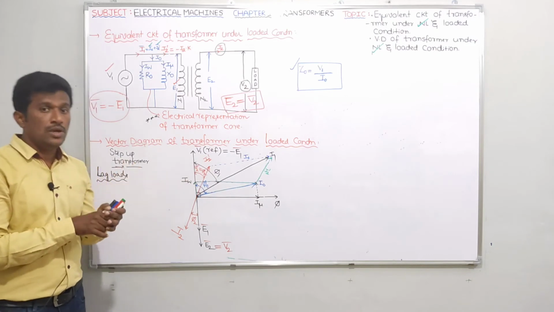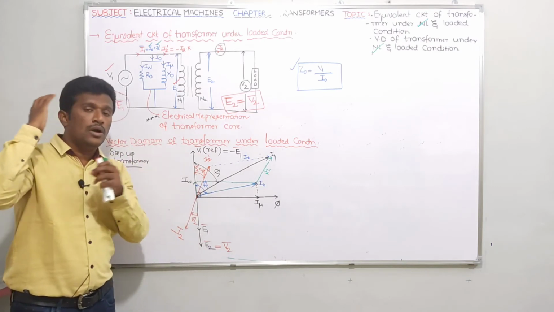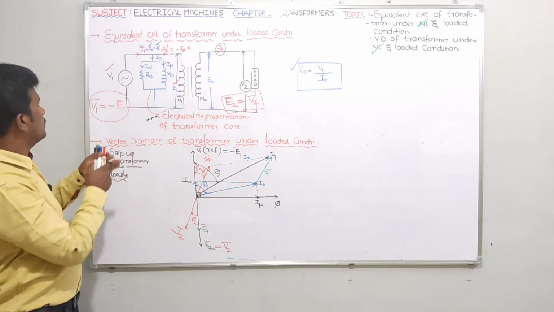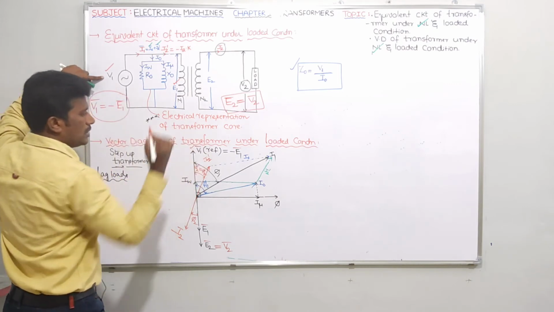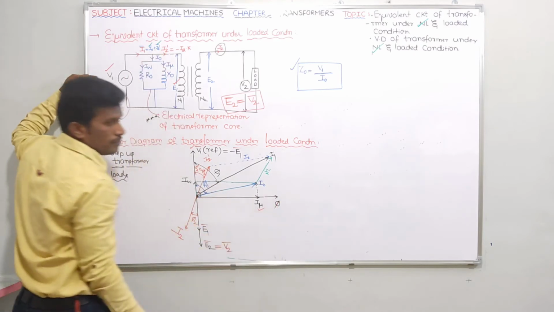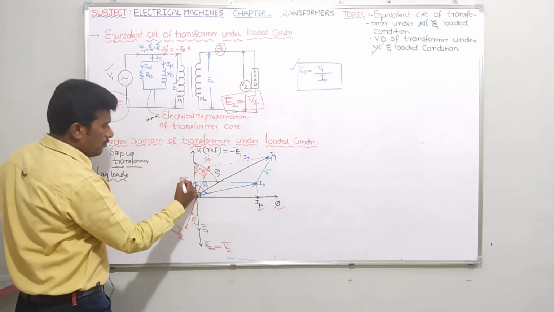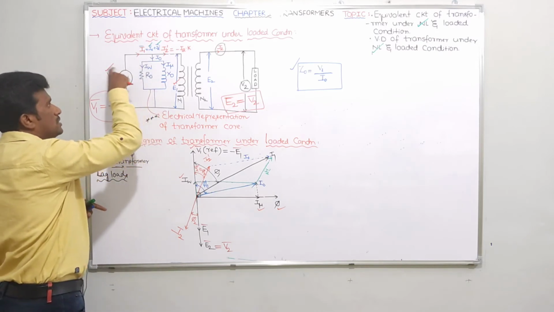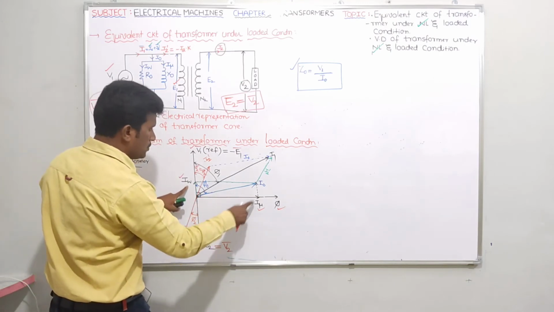Very simple. First of all, while drawing the vector diagram, please try to remember the working principle of the transformer, so that you can draw it neatly. First of all, let me connect voltage V1. Because of that, it will take some current I mu to magnetize the transformer core. I mu and flux will be in phase. IW will be in phase with V1, because IW represents core losses. Across this R0, V1 is the voltage, so IW will be in phase with V1. The vector sum of I mu and IW gives you I0.